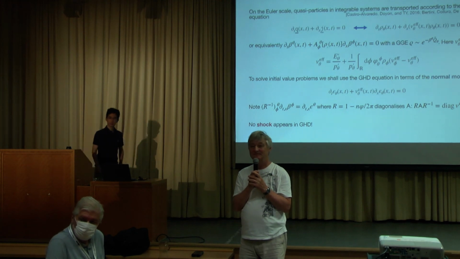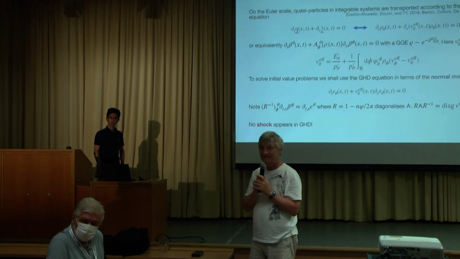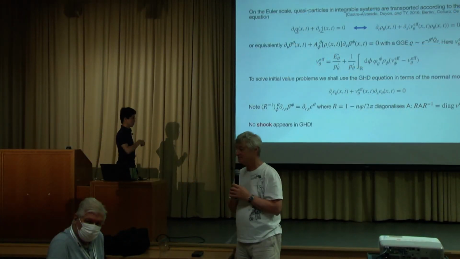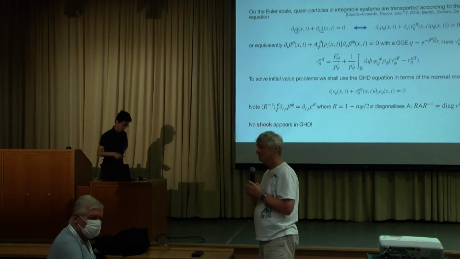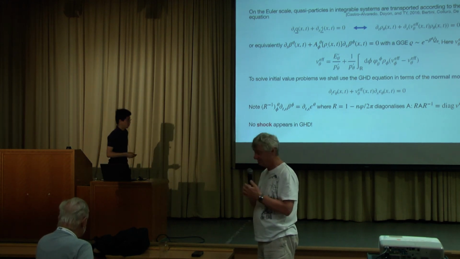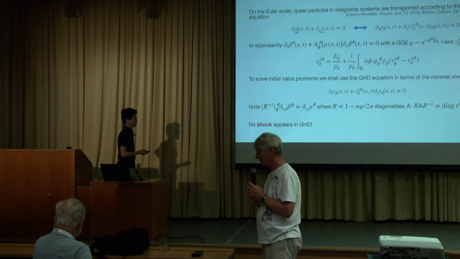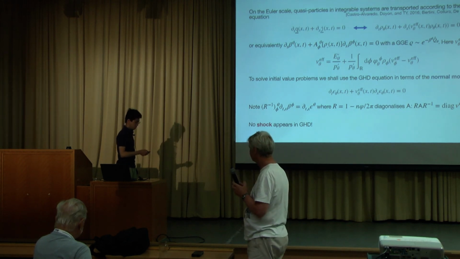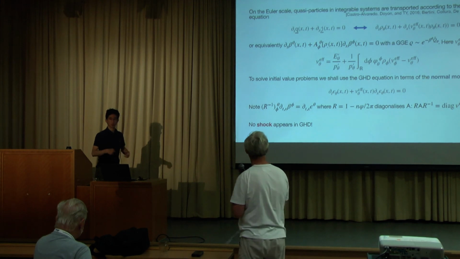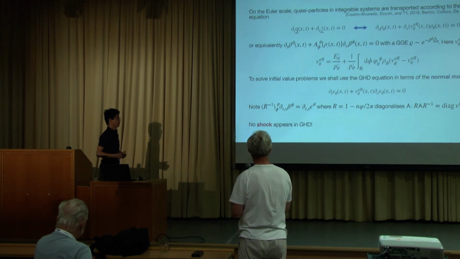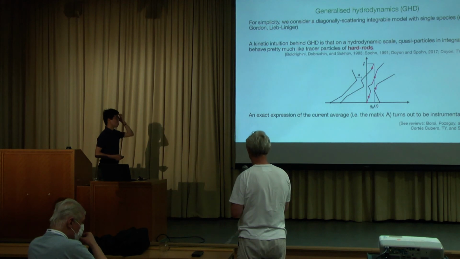Yeah, thanks for the nice talk. It's just a naive question. I was wondering, is there anything interesting? I mean, could it be interesting to look also at theories with non-diagonal scattering? I guess you can easily do that for non-diagonal systems, because GHD has been applied to non-diagonal theories like the Fermi-Hubbard model. So we know how one can do GHD for non-diagonal systems. And as I said, the BMFT requires only the hydrodynamic input. So if you know the hydrodynamics of the theory, you can do it. But I'm not sure what would be